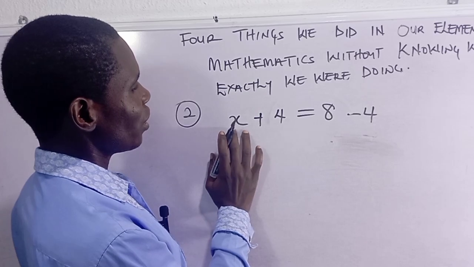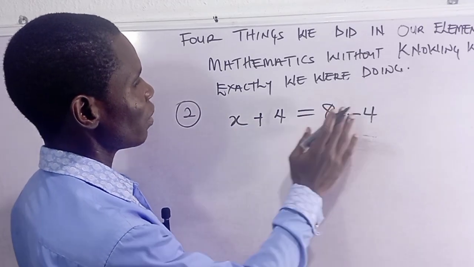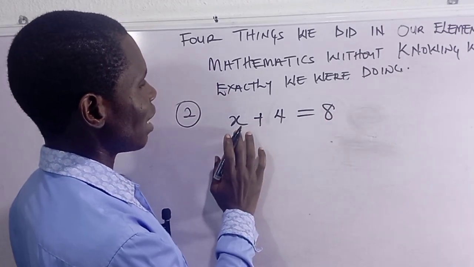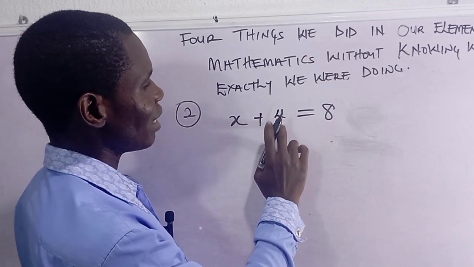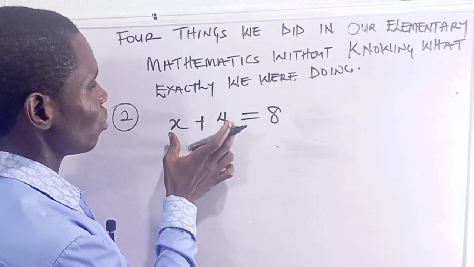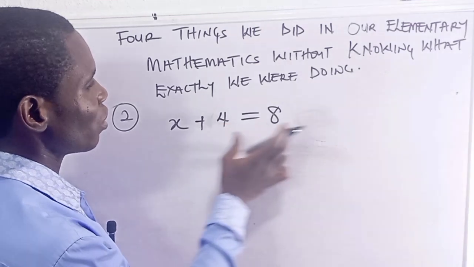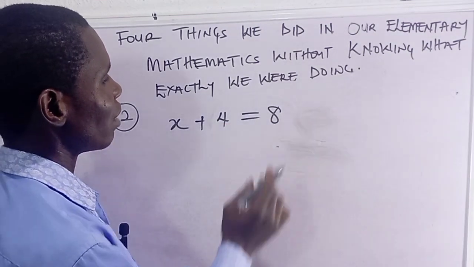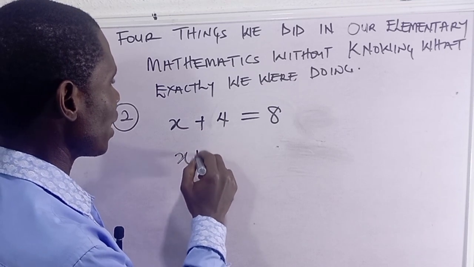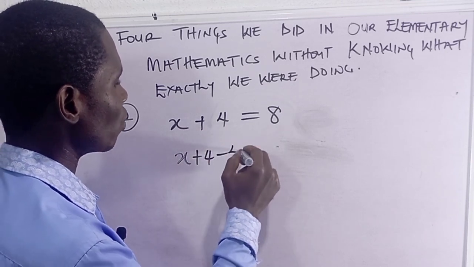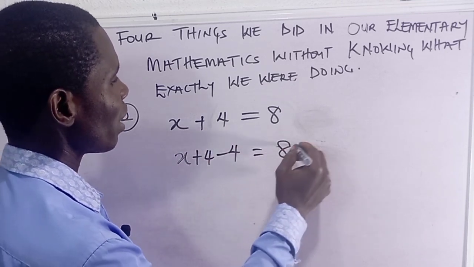Here, the intention is for x to be all alone at the left-hand side of the equation. So there is 4 here that needs to be subtracted. But what is done to the left-hand side of the equation must be done to the right-hand side of the equation as well. So at the left-hand side, we now have x plus 4 minus 4 is equal to 8